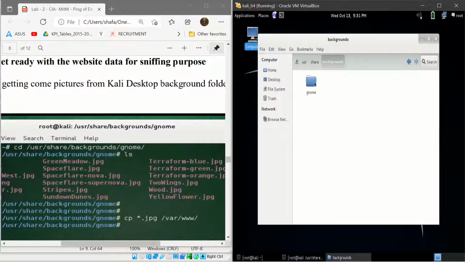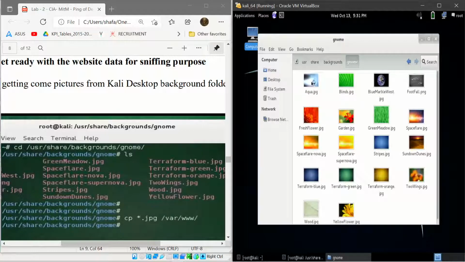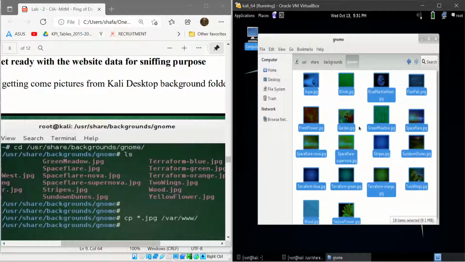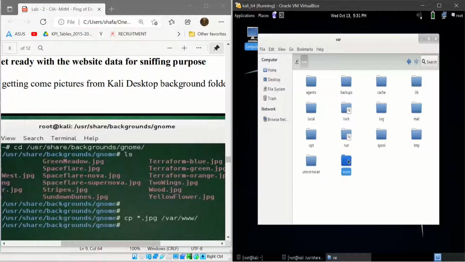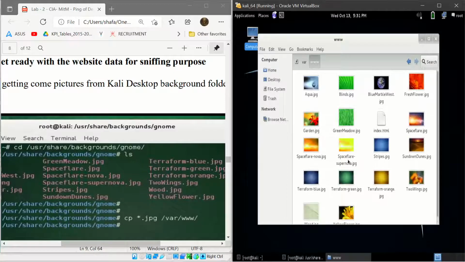Backgrounds and gnome. The same way, to copy, for example Ctrl+A, Ctrl+C, and then go back to File System, press var, www, and it's already pasted. You can paste again. If you have not done it with the command prompt, you can do it this way.